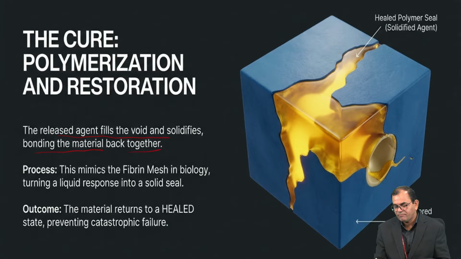Yes, we can see here this yellowish portion, and this bluish one represents the damage. The yellowish portion is the microcapsule activation, followed by release of whatever the material is in it. It could be polymer, polyurethane especially, one of the best examples for the self-healing material. So here we can see the activation of the microcapsule and the filling of that damaged portion, and finally the solidified part in this